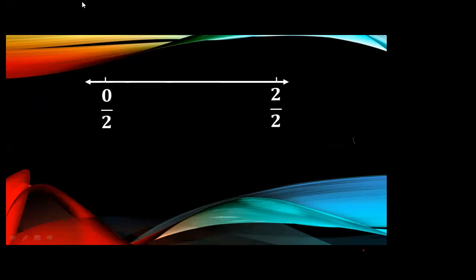We need to represent half. Half means I will divide the number line into 2 equal parts. 2 equal parts. We can use a ruler or we can use